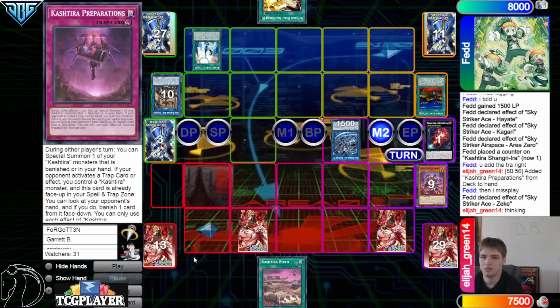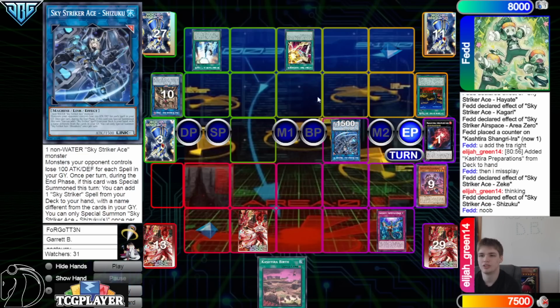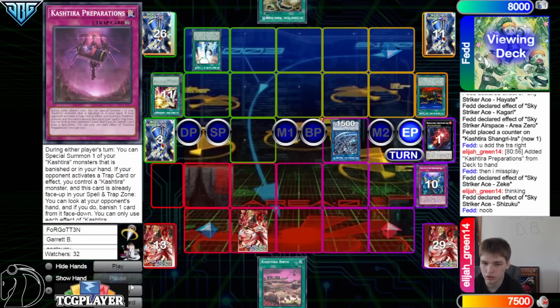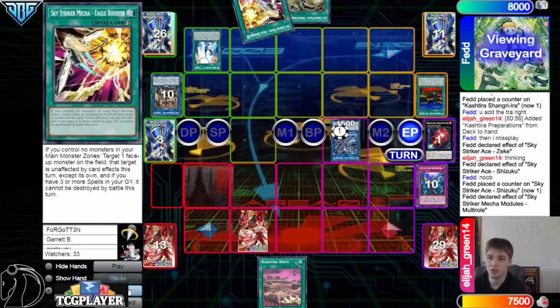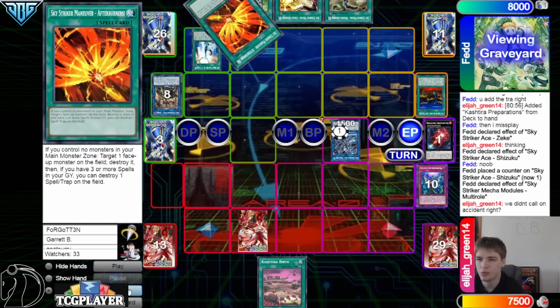I guess because you're just not imperming anything if they hold Eagle Booster. Oh, okay, so they still imperm even though they have Eagle Booster, so I guess they force it out now. Sure. I mean, they only set up one Widow Anchor plus one Eagle Booster here. So they're going to go end phase, activate Widow Anchor, and then activate multi-roll, so they're going to go ahead and set. They're going to set Engage, Widow,